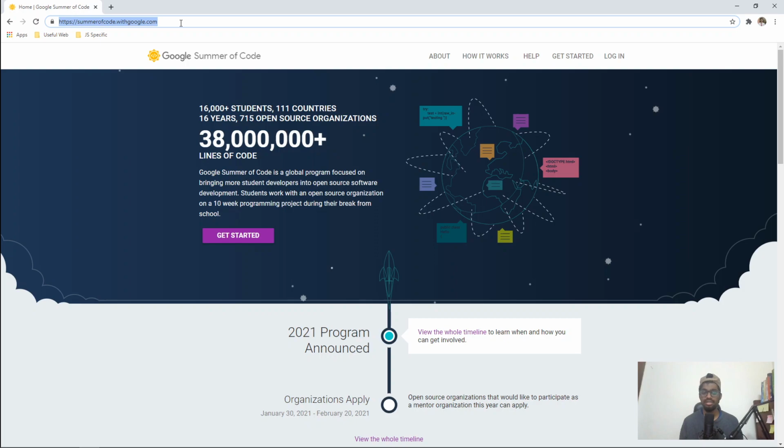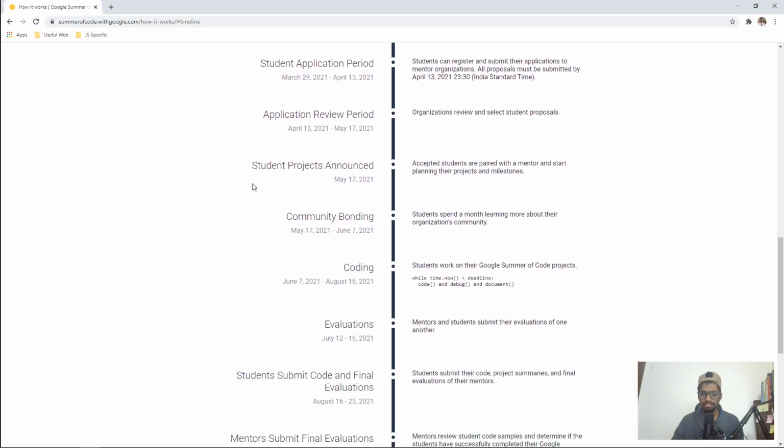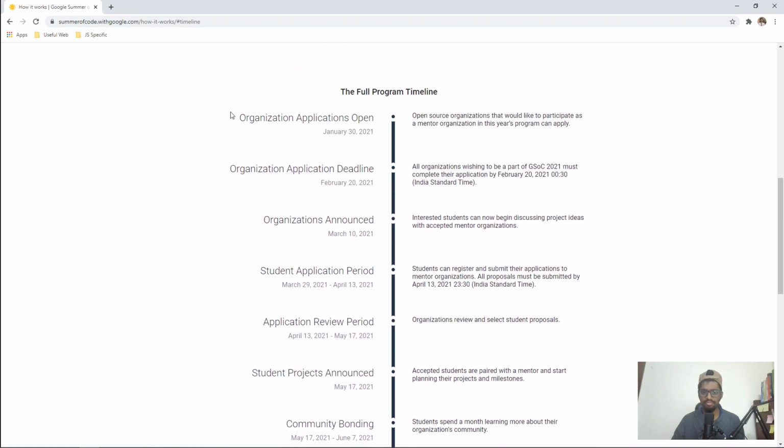So what happens is every year Google comes forward and announces a timeline. This will be the timeline of the GSoC program. You can see the timeline out here, right? This is the timeline. They announce the timeline. The first thing that happens is organization applications open. So they can take all the open source organizations that have projects to come into GSoC, and students come there and participate, right? They have to do some cuts, in and out, and select the best projects.